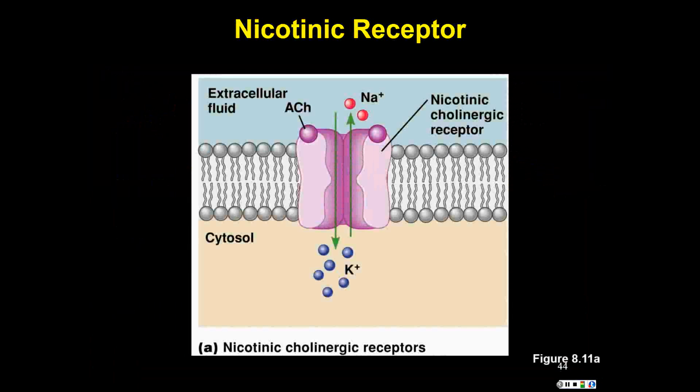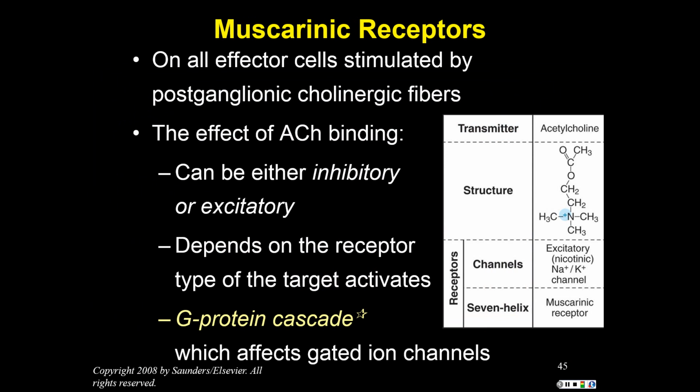And a very similar yet alternative image can be found in your textbook in figure 8.11a. If we contrast that to the muscarinic receptor, as we noted a moment ago, the muscarinic receptors are those that activate a second messenger system, or summarized here as this 7-helix type of receptor. And because it does activate a second messenger system, we know that the effect within all cell types is not